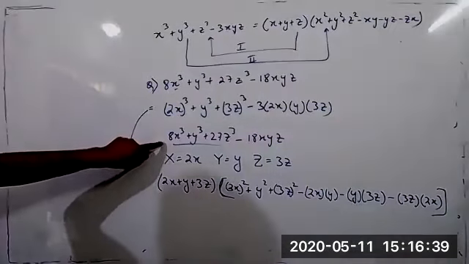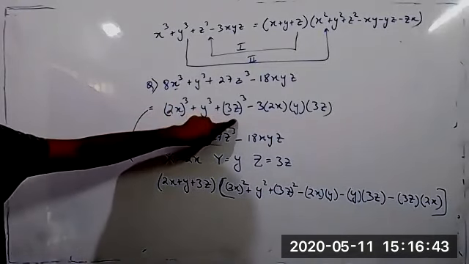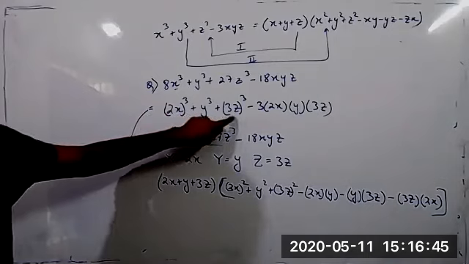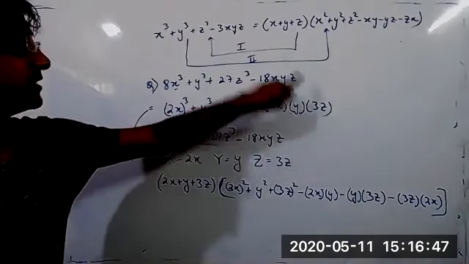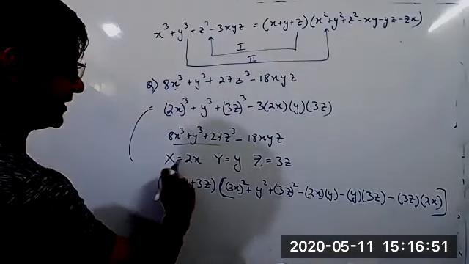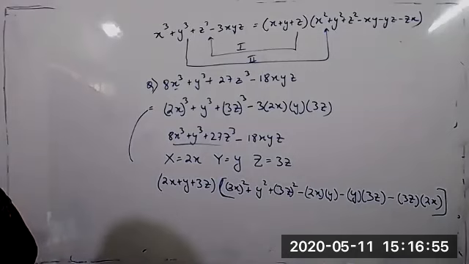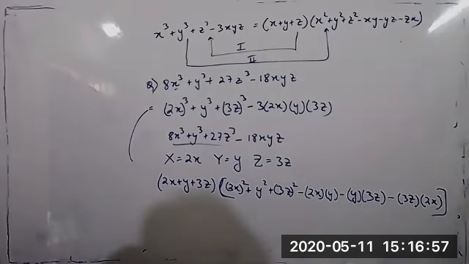This is in the form of a cube plus b cube plus x cube plus y cube plus z cube minus 3xyz, which is equal to this. I have put it. Sir, I've taken xyz. Tell me. Sir, can you explain what is that one and two? Prithvi, tell me. I didn't hear you. The first and second one.